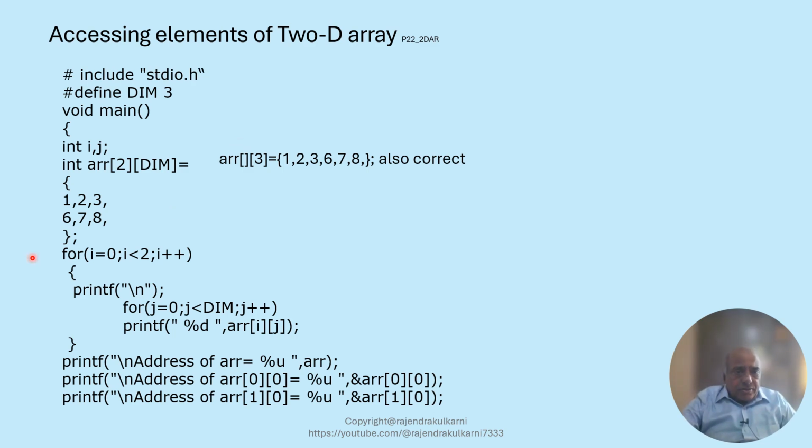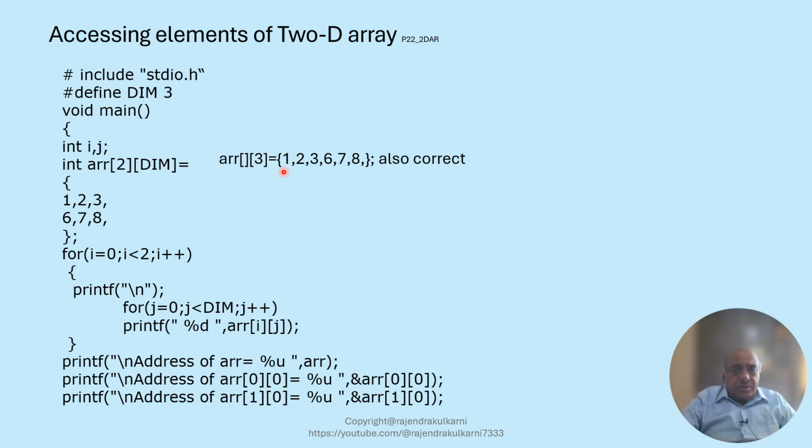Here we have written the arrays in this fashion just to enhance the readability of how we are initializing the array. Even an array without the first dimension and the second dimension as 3,